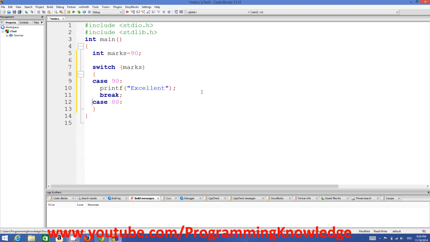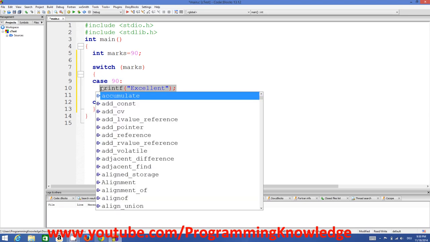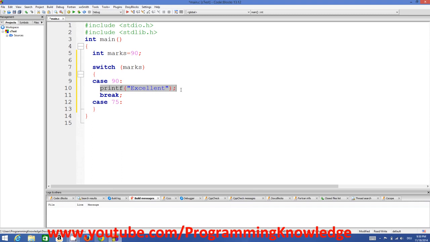And when grade is 80 or for example 75, we will say that he has scored a very good grade, for example. Okay, so we will print, instead of excellent, we will print very good. Okay, in the similar way you can just add break here,